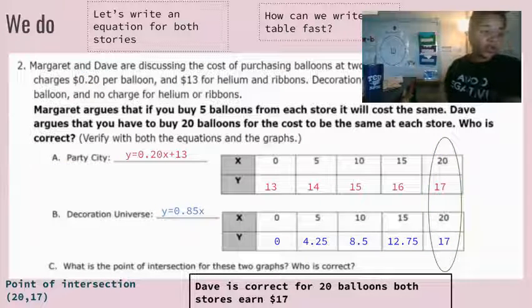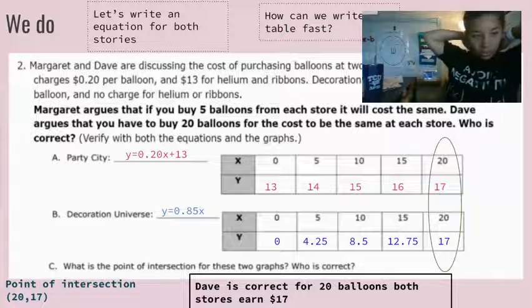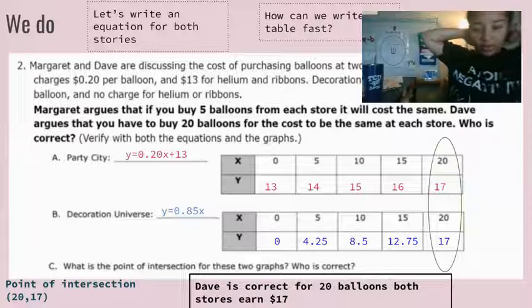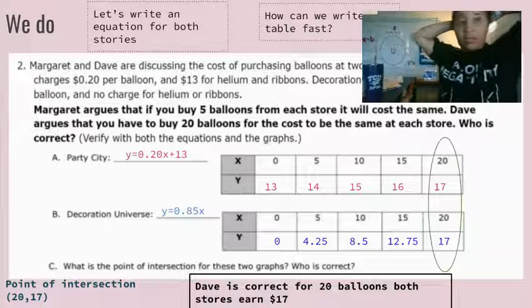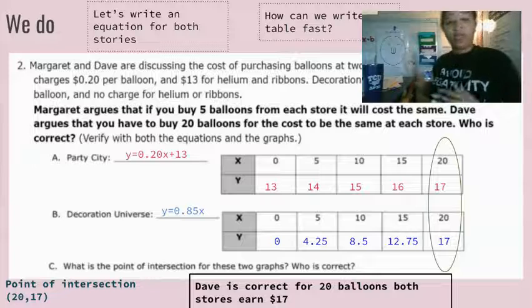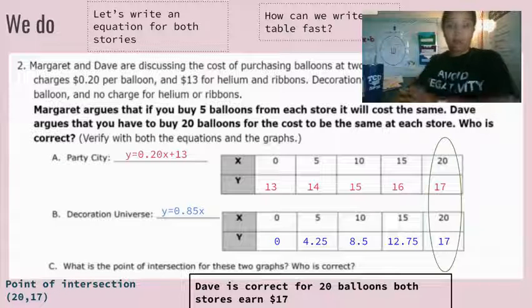So you can write this down. The point of intersection is 20, 17. Dave is correct. 20 balloons, both stores earned $17, basically what I said. But you can pause and write down because I am going to be checking for this when I come back